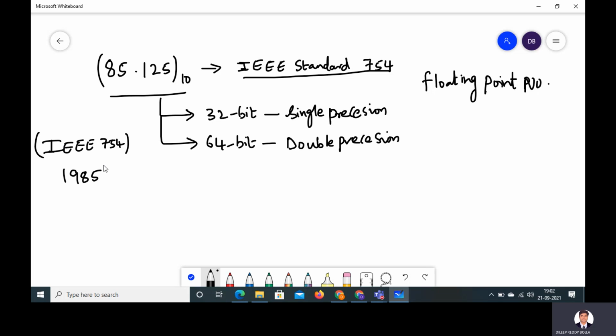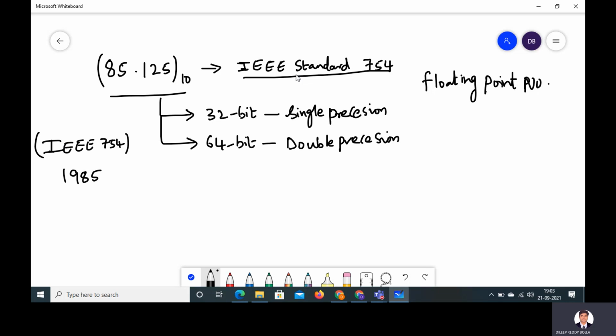We know that IEEE stands for Institute of Electrical and Electronics Engineers. This standard addresses many problems we found in using floating point implementations. So this is popularly called IEEE standard 754. That's what we wrote here, right? This standard is being used in most computers, such as Intel based computers, MacBooks and Unix platforms. All of them use this corresponding standard.